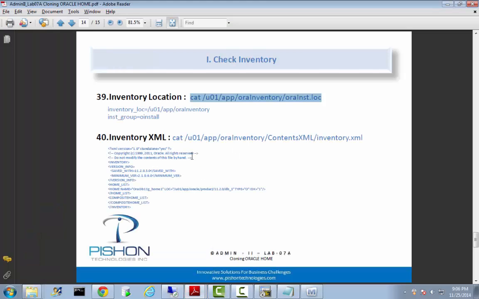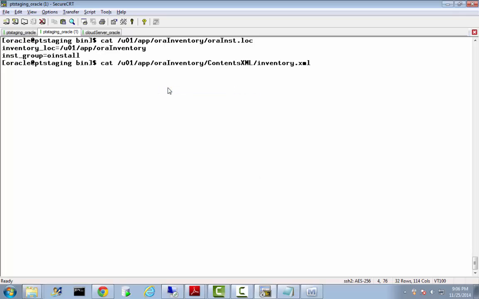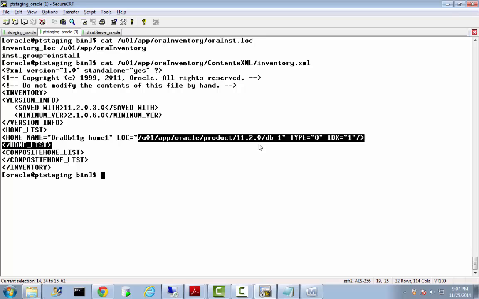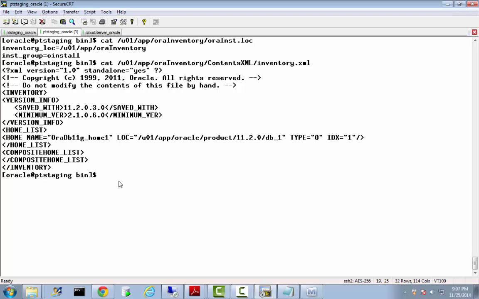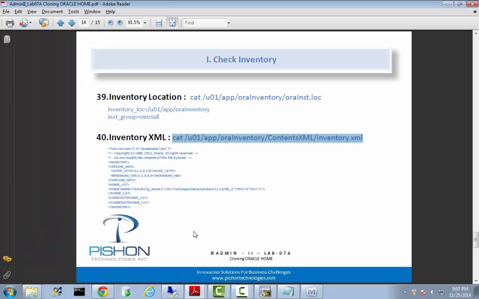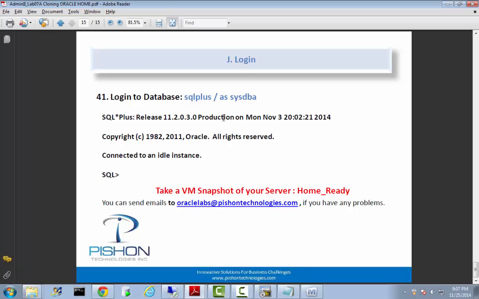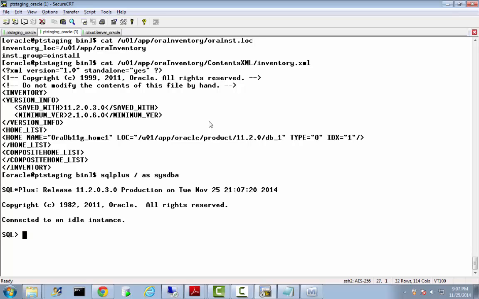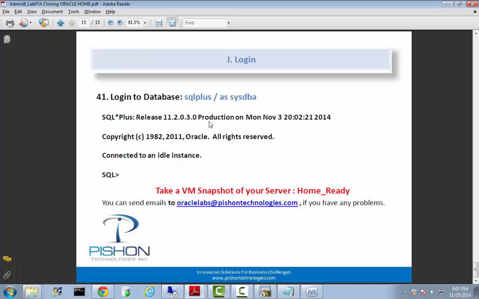Something else I need you to take a look at. We are going to look at our inventory itself. Our inventory is in an XML file. So we have Oracle 11203, and the Oracle home name is OraDB11g_home1, and here's our Oracle home right there. So the installation was complete and successful. Let's now log into SQL*Plus as sysdba: sqlplus / as sysdba. There we go, connected to an idle instance. So we have successfully cloned the Oracle home from our production server to our